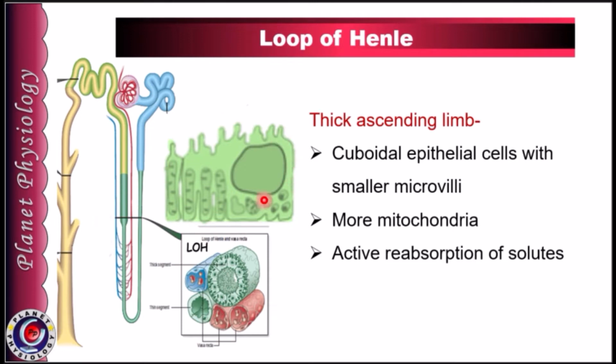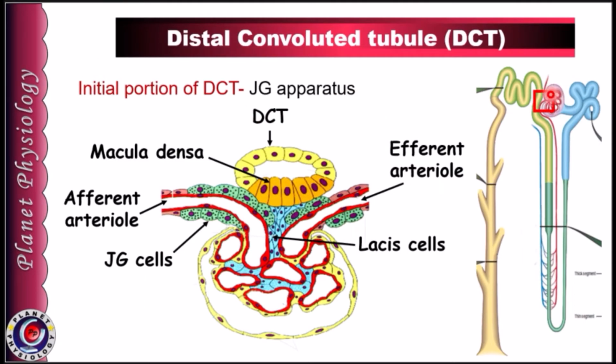Thick ascending segment possesses cuboidal epithelial cells with smaller number of microvilli and moderate number of mitochondria. This signifies their active role in reabsorption of solutes. Now, as thick ascending segment enters renal cortex, it forms another segment of convoluted tubule called as distal convoluted tubule or DCT. Initial part of DCT passes between afferent and efferent arterioles of the same glomerulus, where the cells of